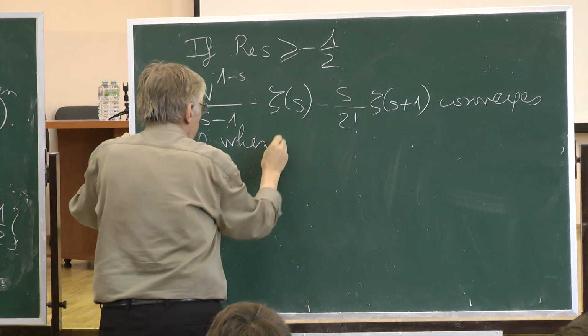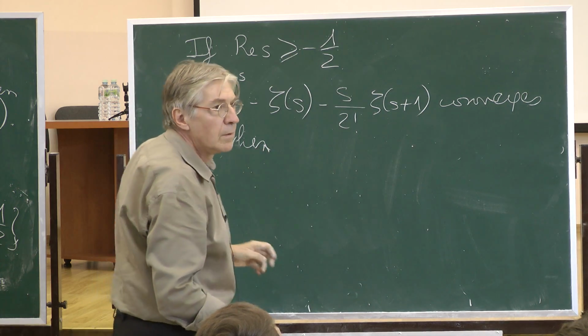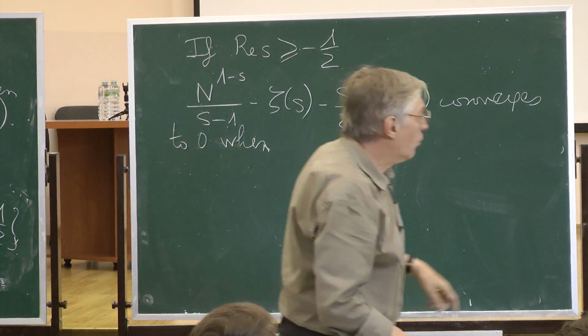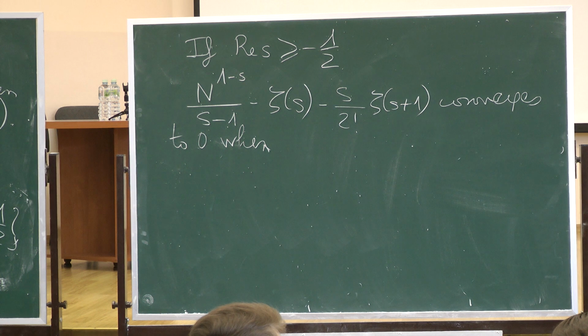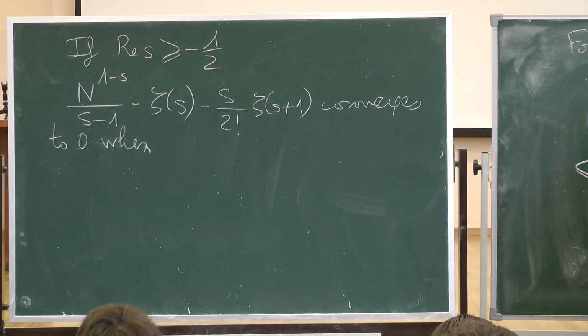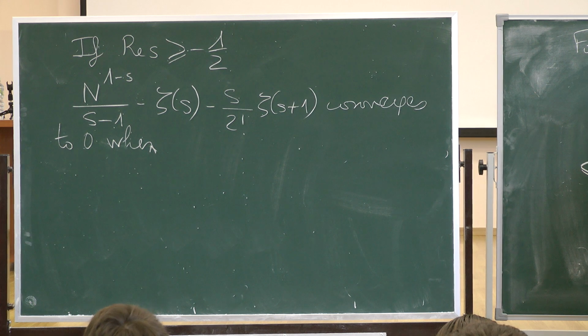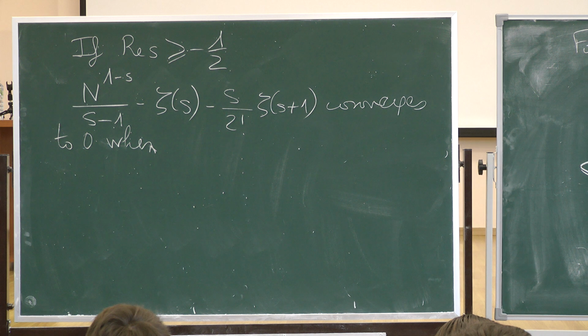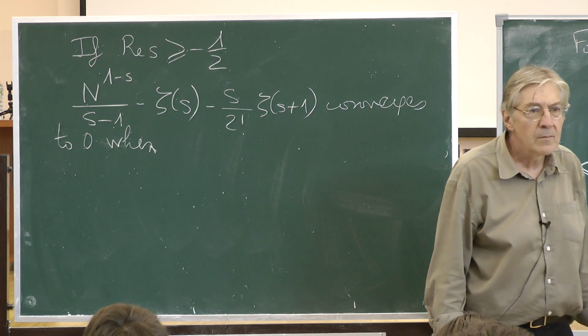Why do you say it converges to 0? To 0 because in fact all the other terms are bounded by expressions of this form, where in fact I have a negative power of n, and when I let n go to infinity, this negative power will tend to 0. So all the other terms are in fact bounded by increasing negative powers of n, and n is going to plus infinity. You mean zeta of s